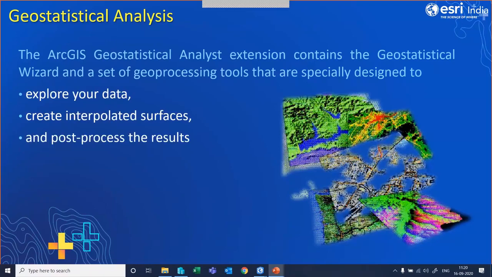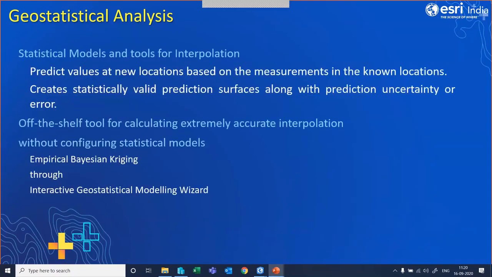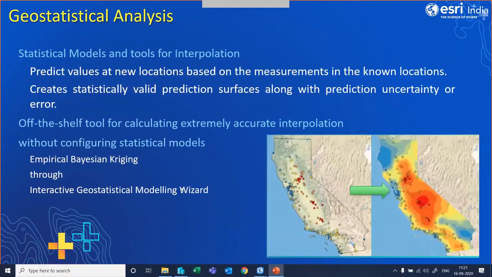If you see some of the off-the-shelf tools that are available with the geostatistical analysis, sometimes if we are using the tools, we may need to build a model to get the accurate interpolation without any errors. But in this case, with the help of the geostatistical analysis, we have access to the interactive geostatistical modeling wizard, where we can directly set the parameters and extract a data set out of it.